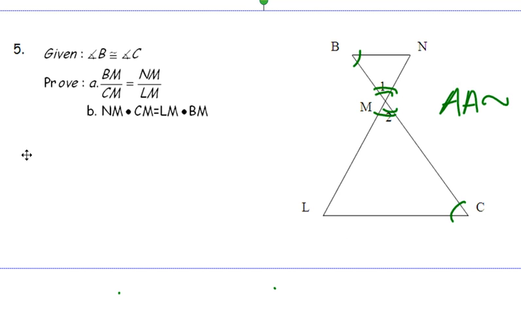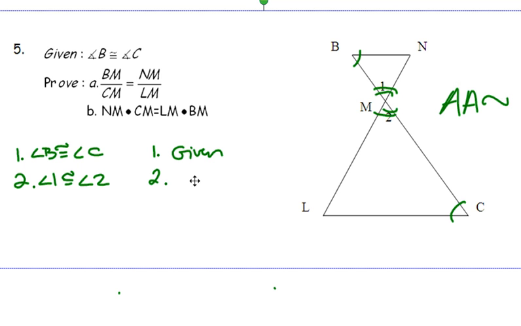Okay, so we are going to begin with 1. Angle B is congruent to angle C. And that was my given. 2. Angle 1 is congruent to angle 2. And that is my vertical angles are congruent. All right, my vertical angles congruence postulate, vertical angles are congruent. So now 3, I can say that triangle